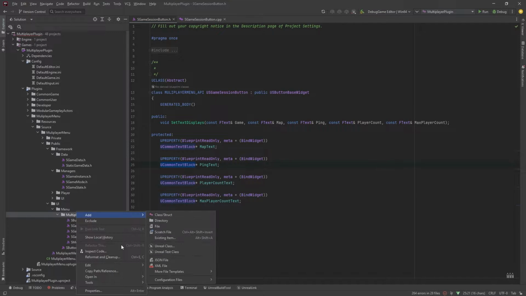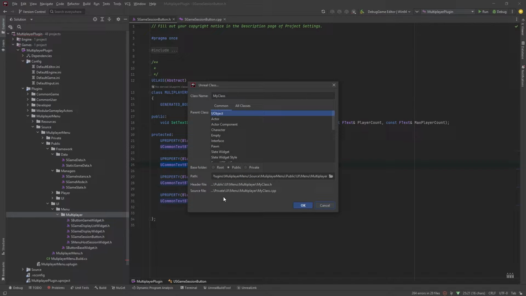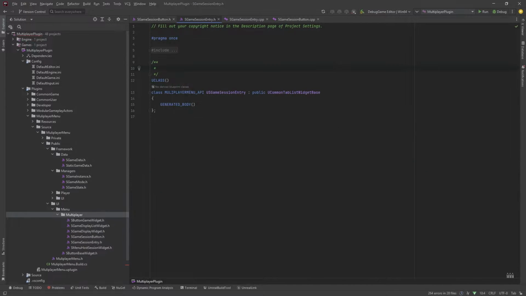The next one we're going to create is a session entry. This is what we'll use to populate a list of entries, so basically a list of those buttons we just created. This will be called SGameSessionEntry, and it is going to inherit from a new class that we haven't used before, called CommonTabListWidgetBase. And we're going to implement an interface on this,